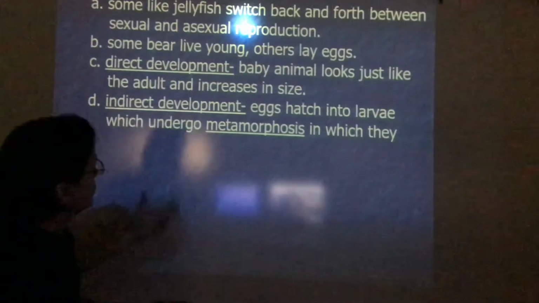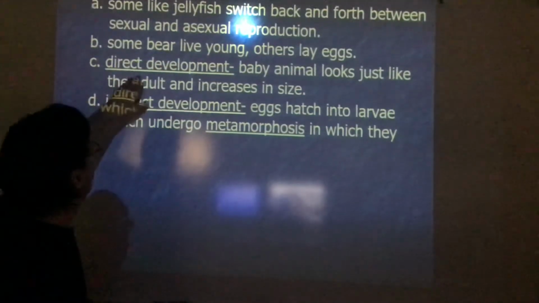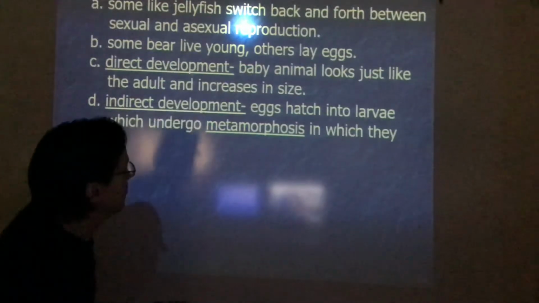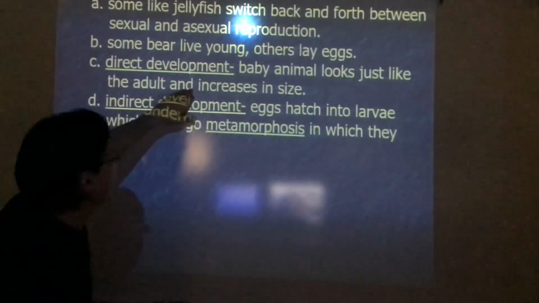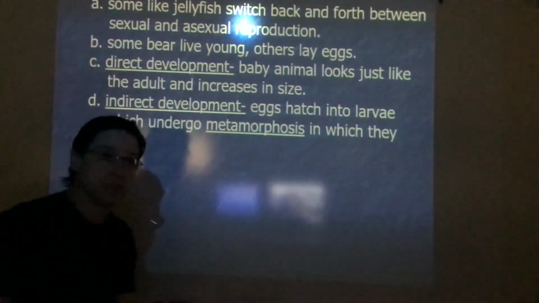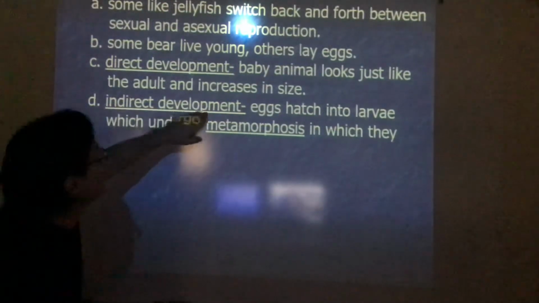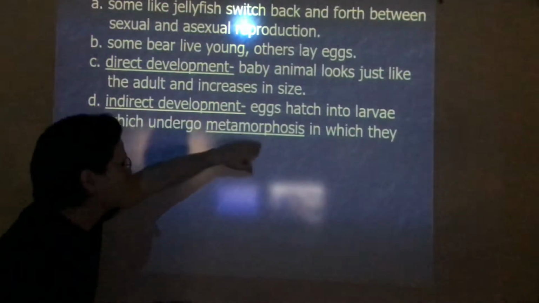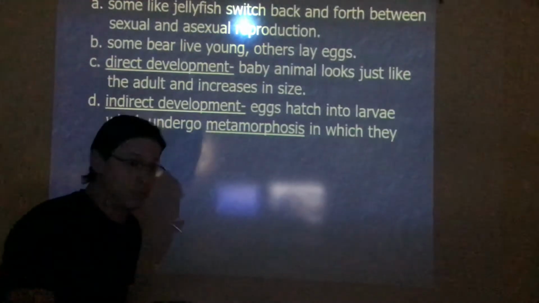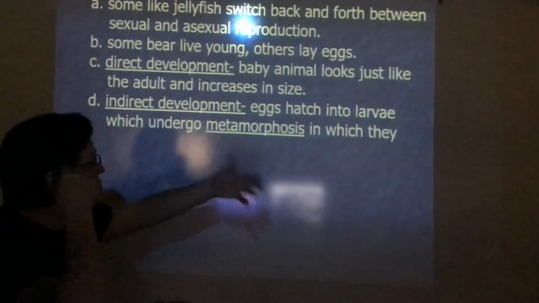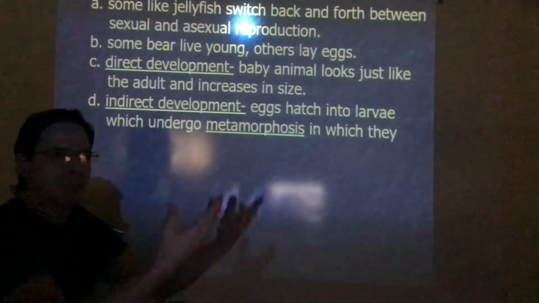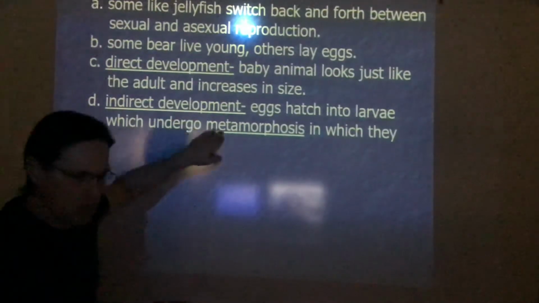Some bear live young, as we know, or eggs. Direct development is obviously where the baby animal looks just like the adult and increases in size, like our cells and mammals. There's a lot of indirect development, which would be more of your metamorphosis like in your insects and arthropods, okay? Where they go through stages, larval, pupa, things of that nature as well, okay? So there's just some different stuff there, and they change in shape. All right,